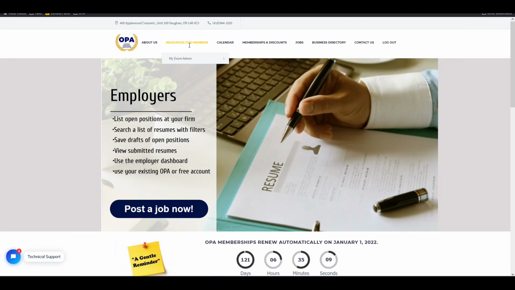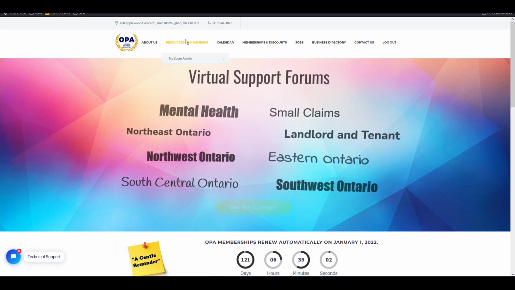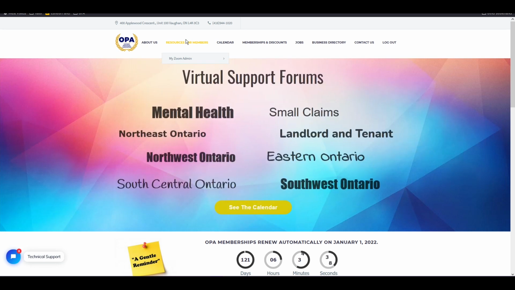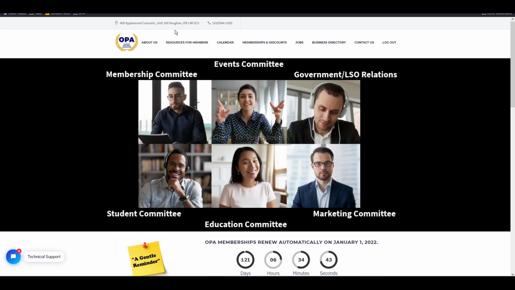There we go. And now, if I look here, the resources for members link is up. Although I'm not a subscribed member to the OPA, because if I was a subscribed member, meaning a student member, an associate member, or a voting member, there'd be a lot more to this menu. But right now, I'm just somebody that's part of somebody else's firm that was given access to the account. So if they look here, you're going to get the Zoom menu. You're going to click the Zoom dashboard,